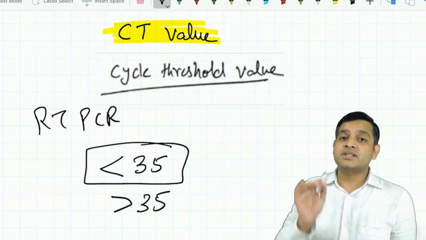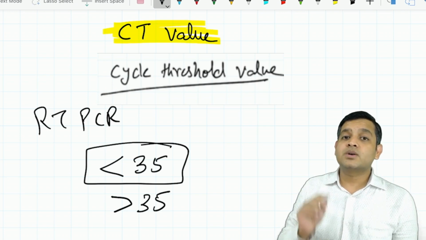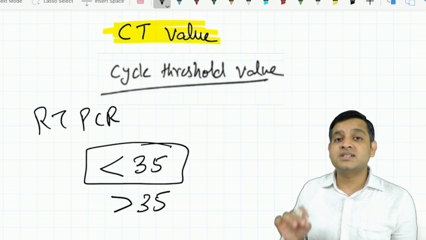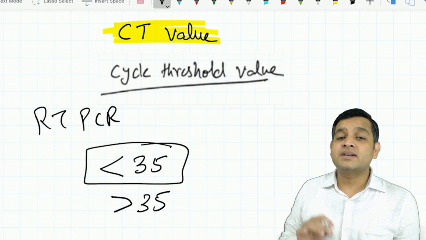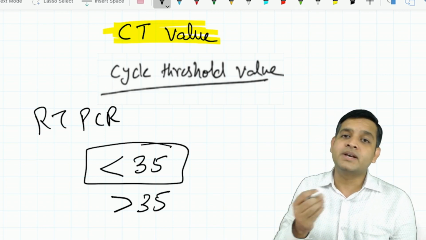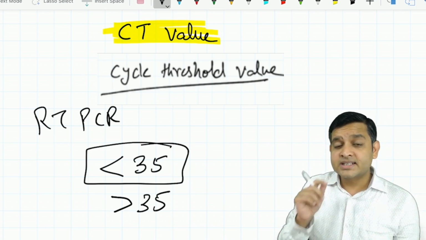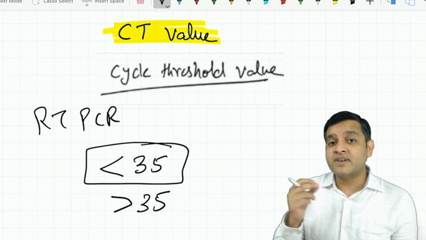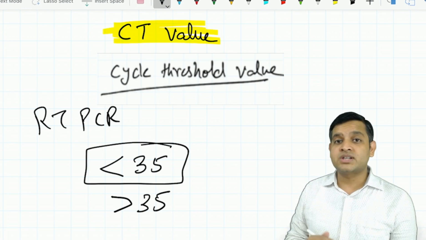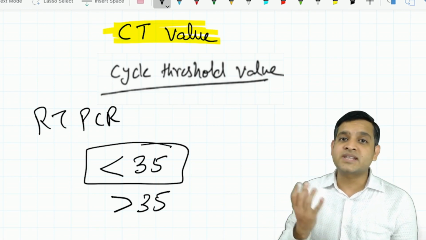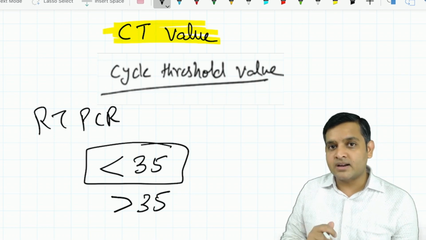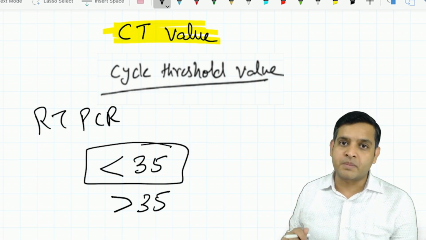It is to be noted once again, I am emphasizing that CORAD is different, CT severity score is different, and CT value is different. CORAD tells the chances of having COVID or the predictability of COVID, not the severity. CT severity score assesses the severity of the changes on a CT scan, whereas CT value is done on your nasopharyngeal sample in RT-PCR. There are chances that you may see a question on this topic in the exam in the upcoming NEET PG.